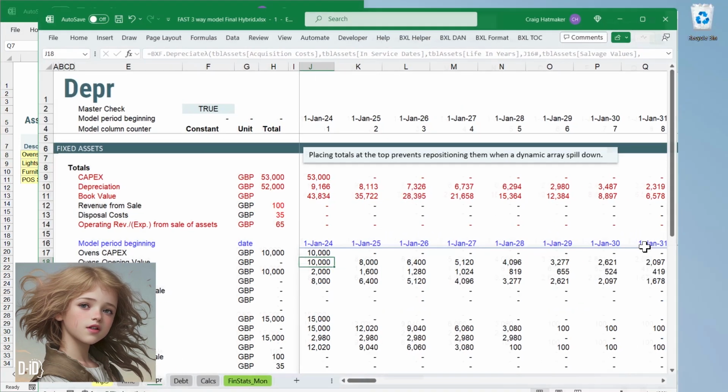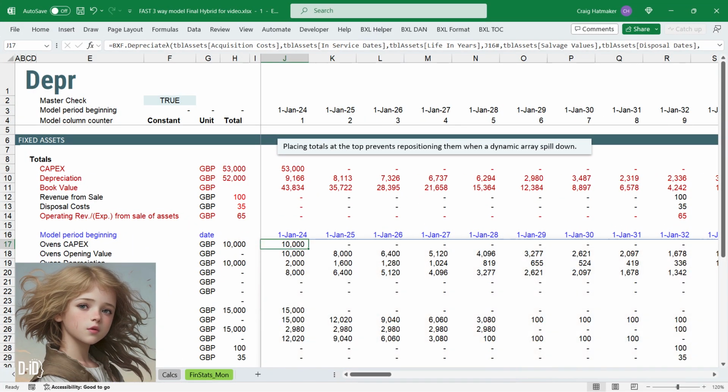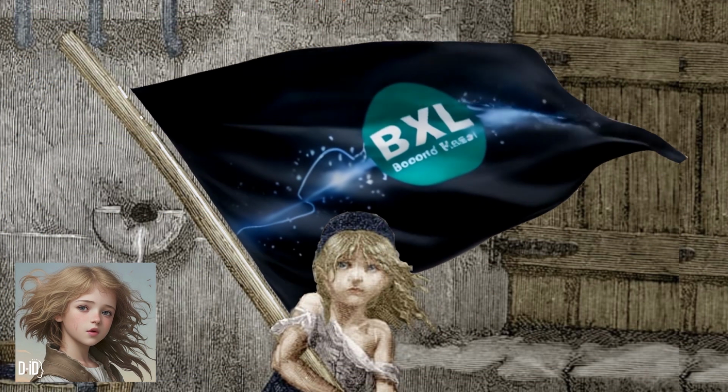This one function then creates a dynamic array from which our cash flow statement can pull capital expenditures and sales of assets. Our income statement can pull depreciation amounts and sale of assets, and our balance sheet can pull depreciation and book value. This is a glimpse of what the dynamic array revolution will make